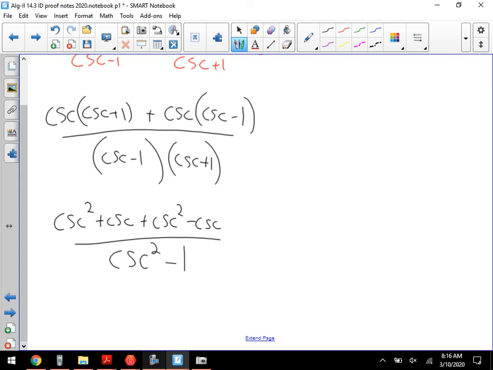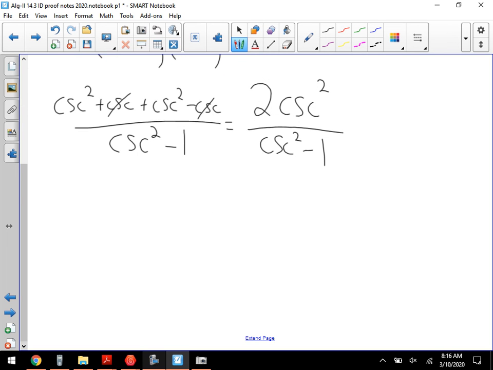All right. So then the singular cosecants go away. And I wind up with 2 cosecant squared over cosecant squared minus 1. Not quite there yet. So what is cosecant squared minus 1? Cotangent squared. Okay. So now you rewrite again as cotangent squared. Let me bring this over here. So I have 2